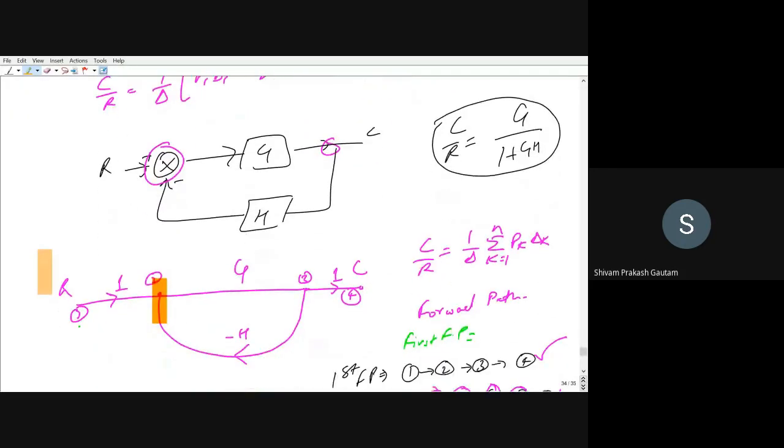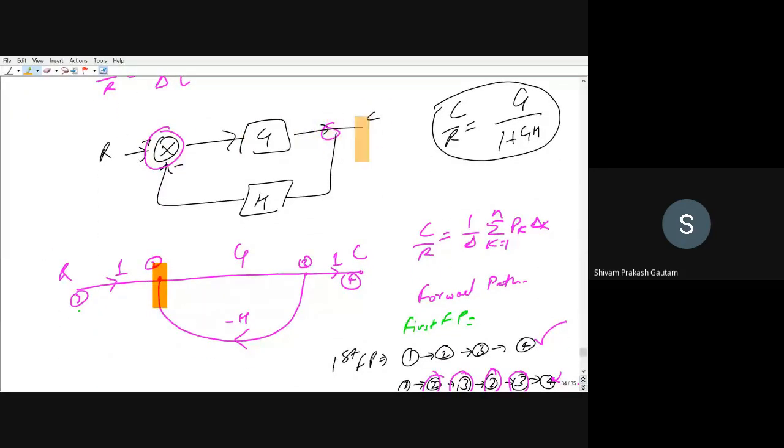So we have seen one simple example. Suppose this is our negative feedback loop where the forward path gain is G and the feedback path gain is H. If you want to calculate the transfer function from a signal flow graph, you have to convert this block diagram to its equivalent signal flow graph. So how to do that? First, you have to replace the takeoff point and the summer or mixer by a node. So we have replaced it by a node. You have to take two additional nodes, which are our input and output. So number them node 1, node 2, node 3, node 4.